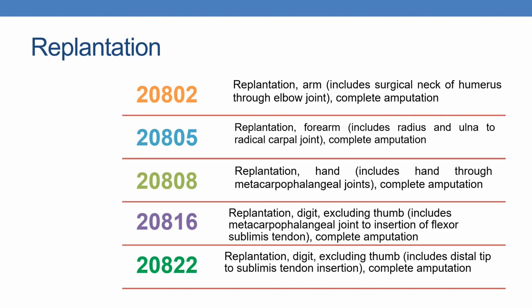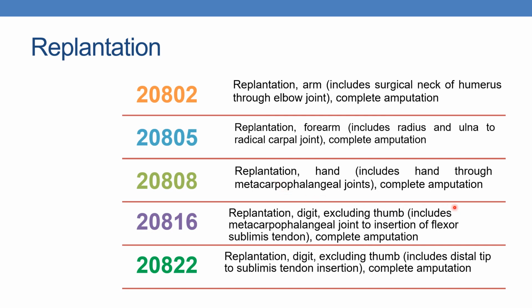The next are replantation codes. The first CPT is 20802, replantation arm including surgical neck of humerus through elbow joint, complete amputation. The next is 20805, replantation forearm including radius and ulna to radiocarpal joint, complete amputation. The next is 20808, replantation hand including hand through